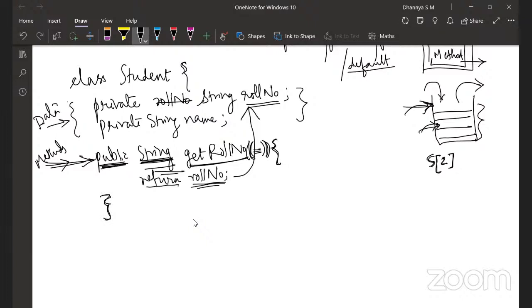Okay, so I have opened the class. I have to close the class braces also. This is the opening brace of the class, and this is the closing brace of the class. This is the opening brace of this method, and this is the closing brace of this method. Okay, now